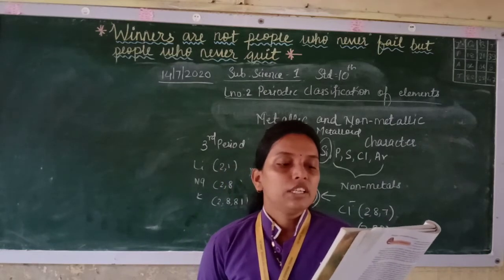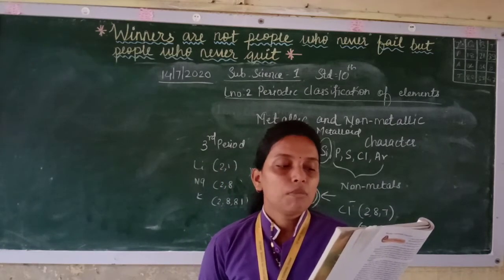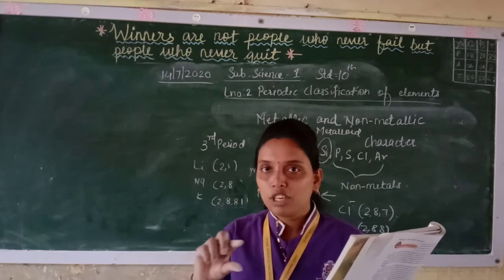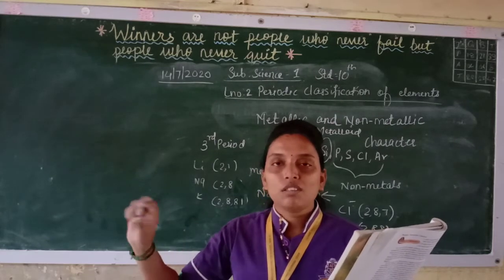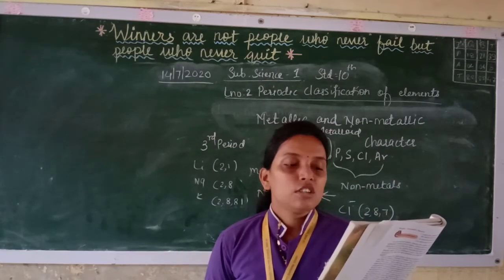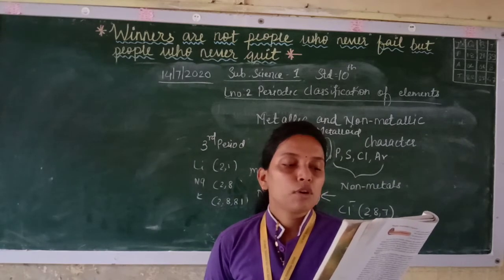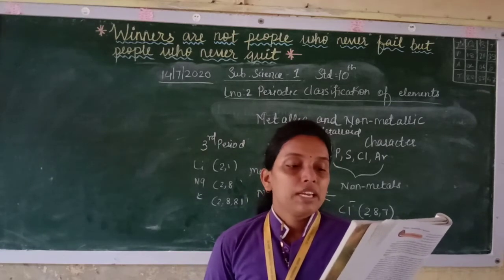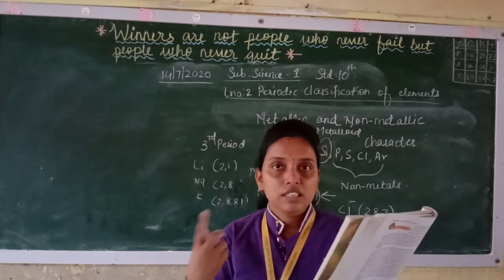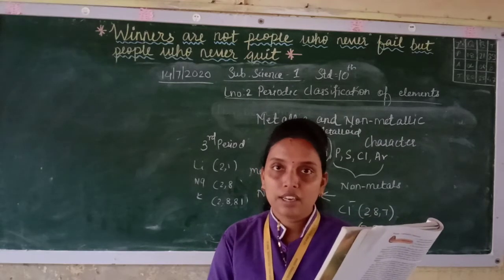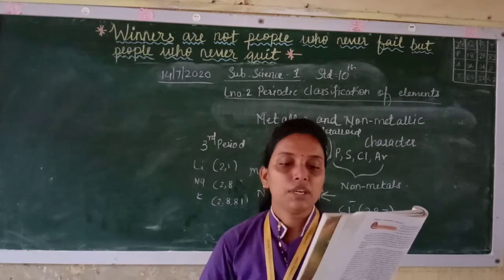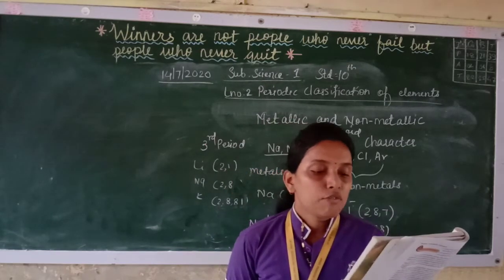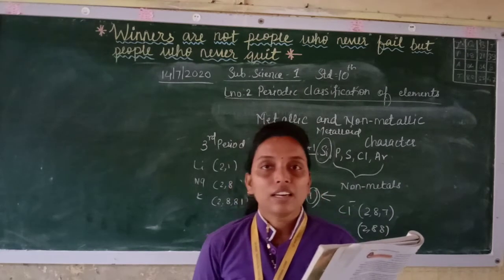So here the positive charge on the nucleus goes on increasing while the atomic radius goes on decreasing. We saw the periodic trend in atomic radius also: in a period it becomes smaller. So the tendency of the atom to lose valence electrons within a period from left to right decreases. The two factors, mainly the increasing nuclear charge and the decreasing atomic radius as we go from left to right within a period, are responsible for increasing the effective nuclear charge. Therefore the valence electrons are held with greater and greater force.